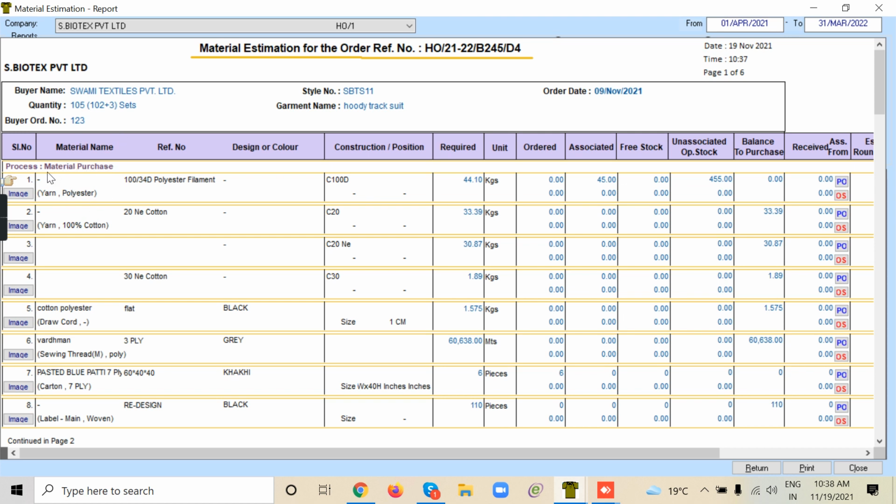For this order, under material purchase, we require polyester yarn 100 by 34D, count 100, 44 kgs. Similarly, 20 ME cotton 33 kgs. Like this, 4 different yarns, the requirement is given here. Then trim requirements, draw cord 1.57 kgs, Vardhaman sewing thread 60,638 meters.